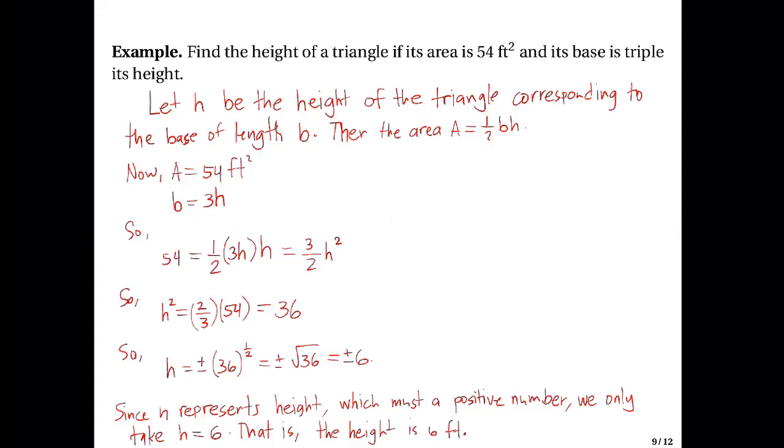Question. Other questions related to this problem? So why is it plus or minus? Again, I will explain that further in the discussion of quadratic equations. For now, just accept it. If you have h squared equals some number, then h will be plus or minus the square root of that number. That's why we have plus and minus in here. For now, just accept that, but that will be explained further in the discussion of